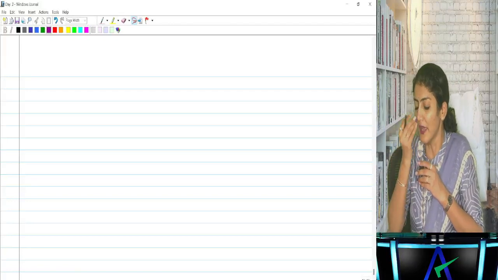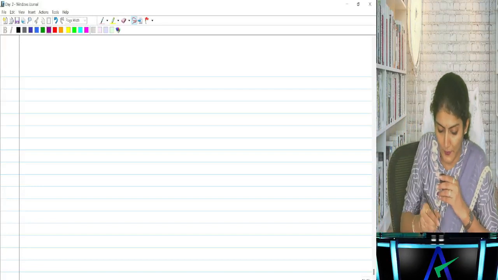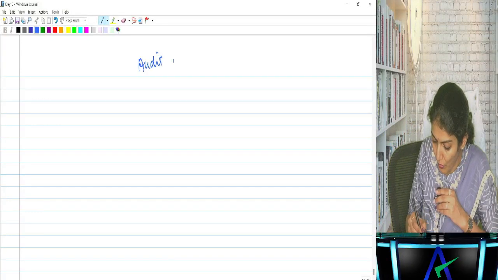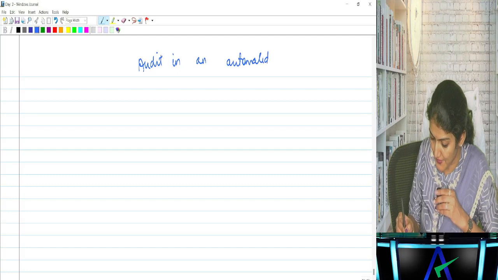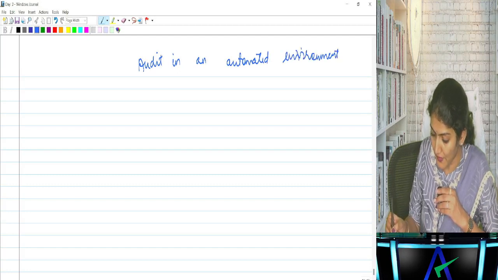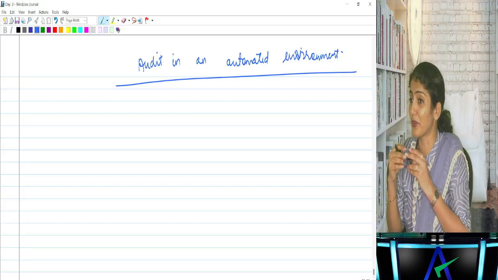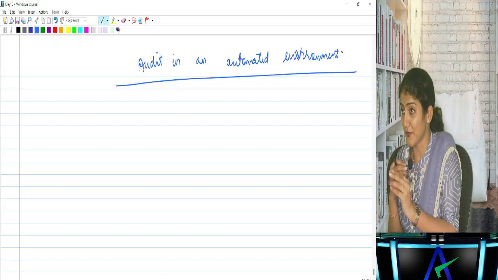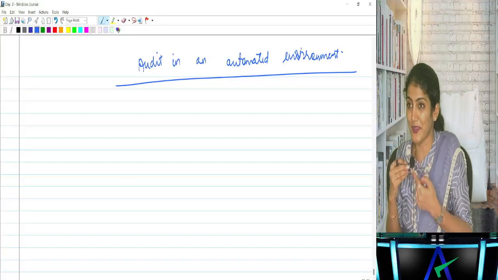And now coming to the next chapter, which is the audit in an automated environment, right? Again, a fantastic chapter. Why fantastic? Because every exam a question is coming, right? And again, a good deal to study this chapter. Standards on auditing, 27 standards. Out of that, few questions will come. But in automated environment, some 10, 20 questions over there, and out of that, one question will come. So obviously, the ratio proportion over here is better.